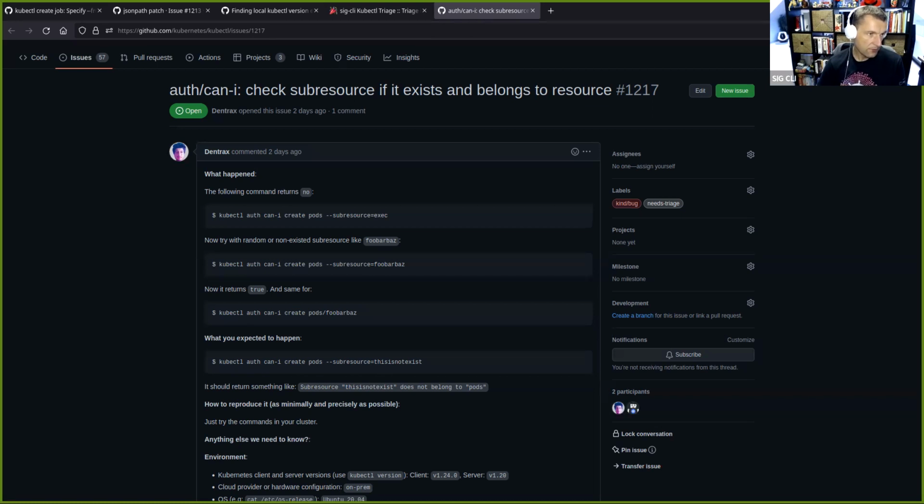But quickly skimming through self-subject access review and self-subject rules review, I don't think we provide it, although resource attributes have a sub-resource. So it's possible that it is supported on the server. We just don't use that bit in the